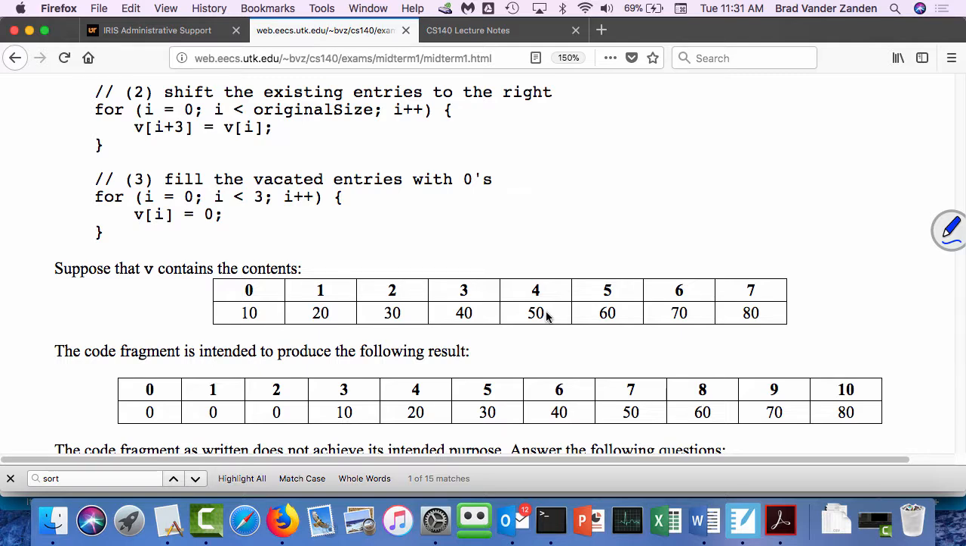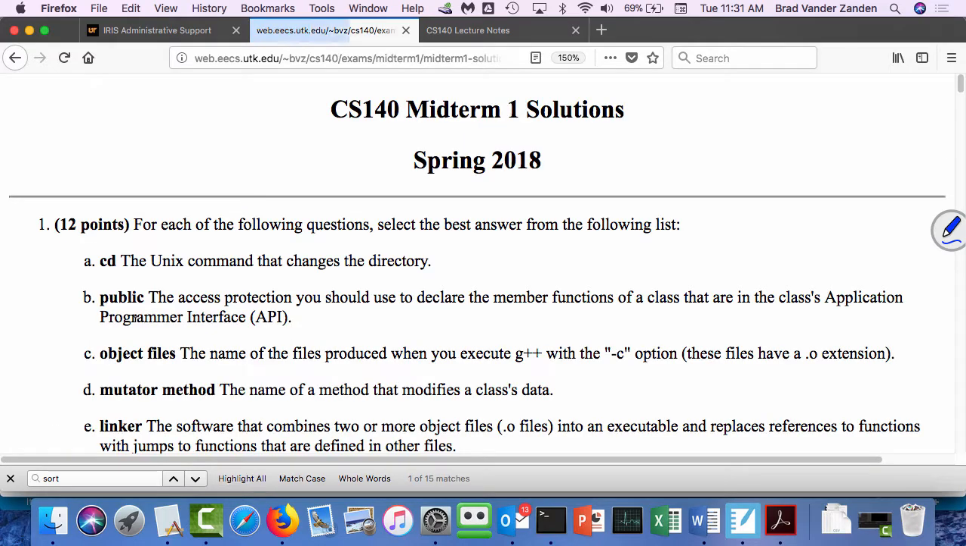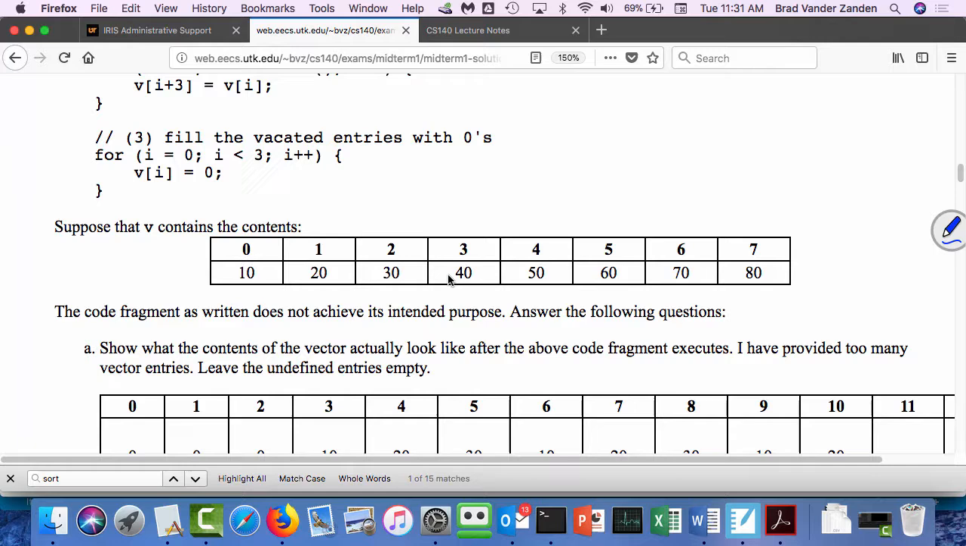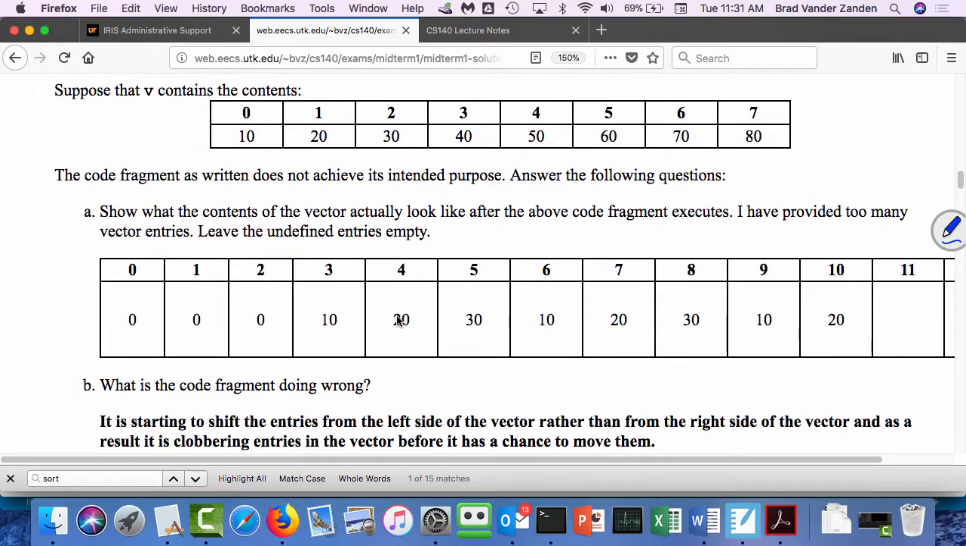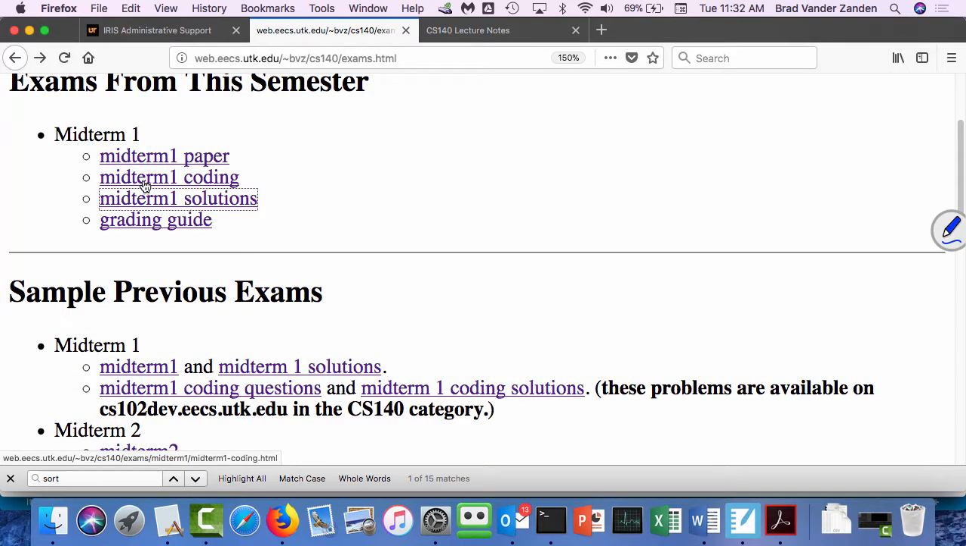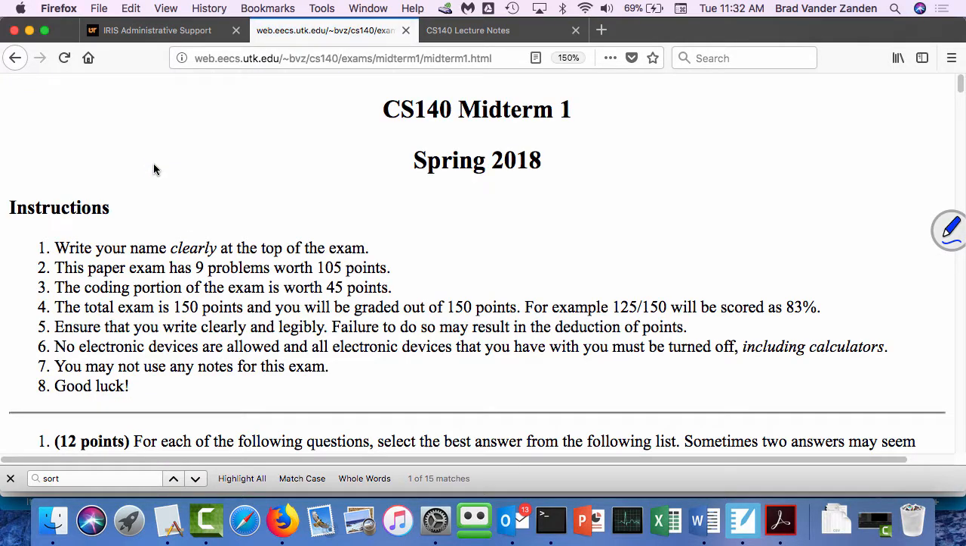And so you end up with a vector that oddly looks repeating. In fact, essentially repeating with the first 3 values. So the solution was to shift from the right side of the vector rather than starting at the left side. And almost everyone got it. I'll just let you look at these solutions on your own. Okay. Question 5